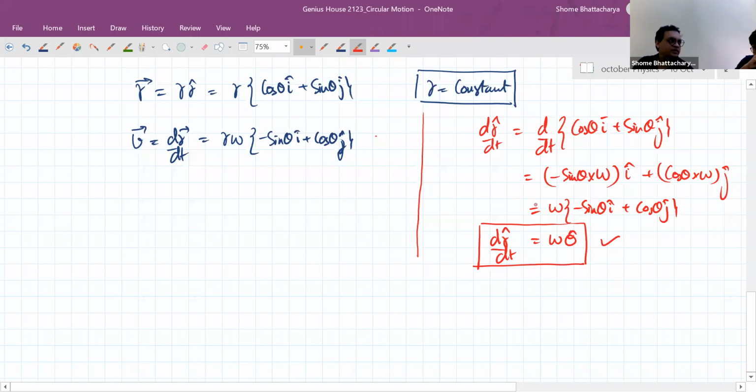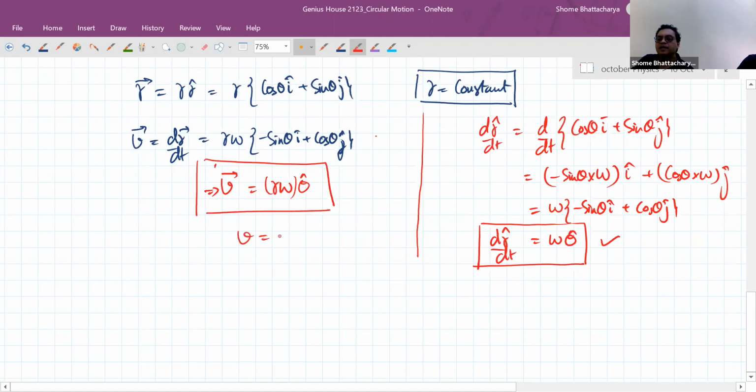Like here we are showing it by the vector calculus method. We can show this geometrically also. That's very interesting. So you can see that finally, our velocity vector is r omega in magnitude, because we have ultimately differentiated this r cap term. This r was a constant, and when we differentiated r cap, we got omega theta cap. So it is r omega theta cap. That is giving us the very important standard information that the magnitude of velocity at any point of time is directly proportional to the angular speed, or it is radius into angular speed.